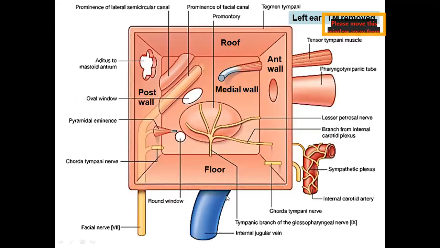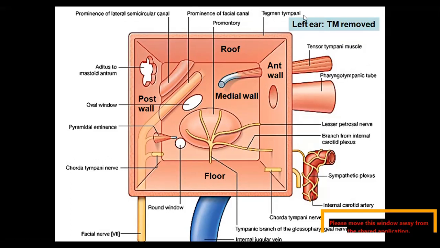Now, see here, this is one picture which you can make use of and draw in your exam when the question comes. I told you it is like a box, right? The middle ear. So this is the roof. How is the roof formed? I said the plate of bone of the temporal bone, called tegmen tympani. This is the temporal bone part which is forming the roof. Then the floor is also temporal bone, which is separating it from the internal jugular vein, right?